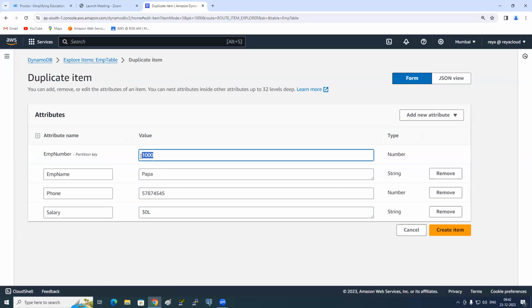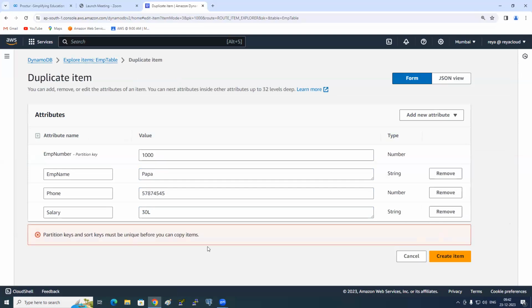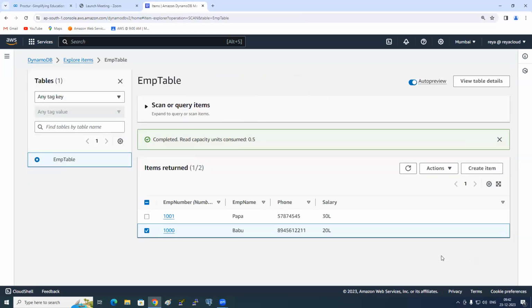No, because the employee number is the same. If you click on create item, you cannot, because the employee number is the partition key. It's a primary key. Is it possible to add duplicate values? Definitely no. So I need to change it to 1001 and then create item. See,